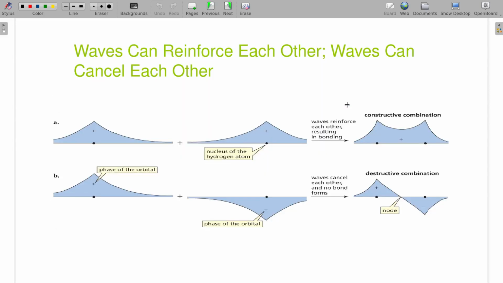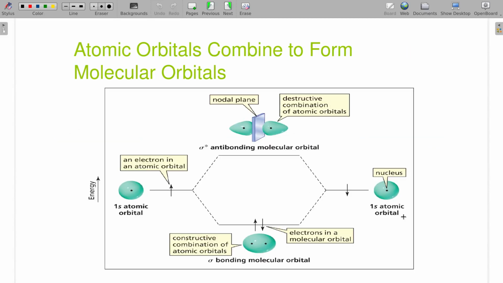Now, mathematically, the equation kind of looks something like this. If we have our mathematical equations that represent an s orbital and we mathematically overlap them, and we get them to a certain degree where they're close enough, they create this new orbital that has constructive contributions and makes a more stable orbital. Now, the s orbitals could be added out of phase. That's what's shown in B, where we just invert one of them, and that creates a nodal plane. Now, this is the representation showing us our sigma bonds and the sigma stars, the antibonding orbitals. And we're seeing what they kind of look like.